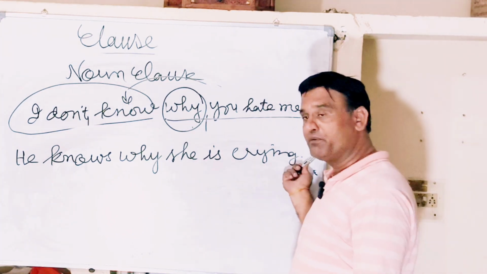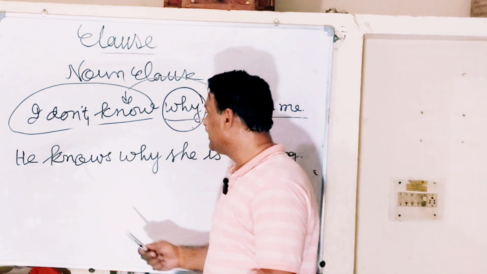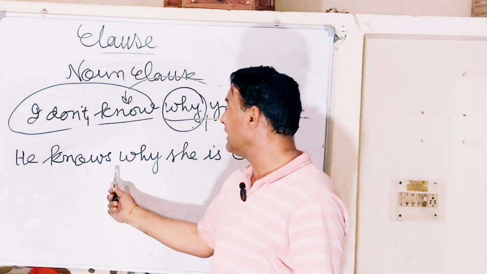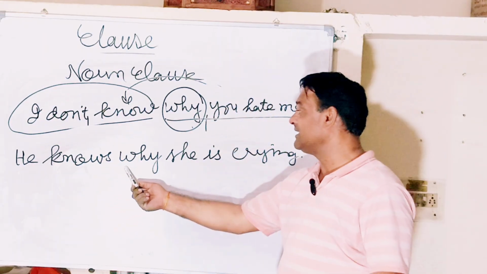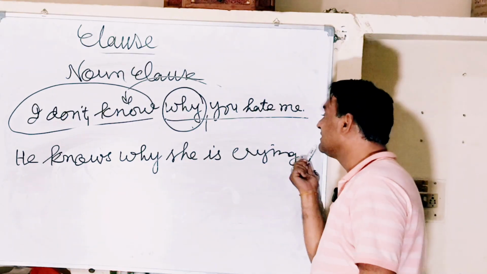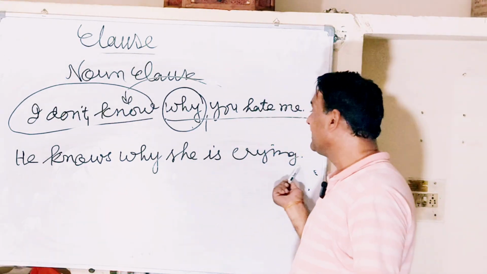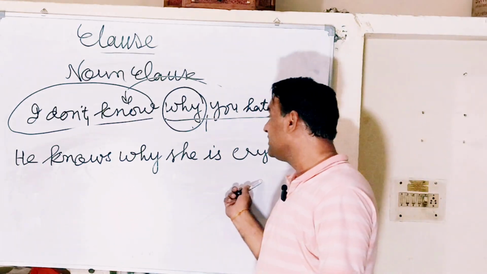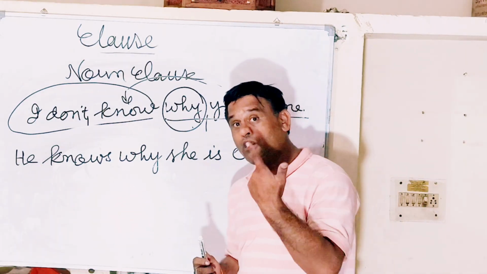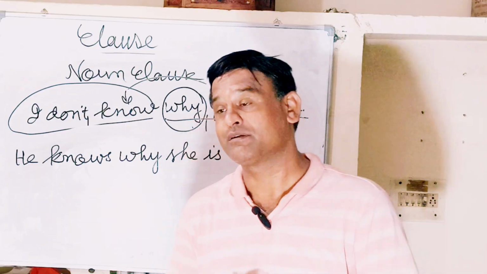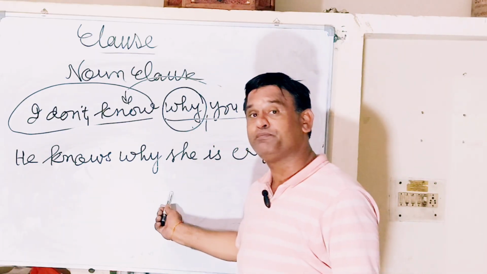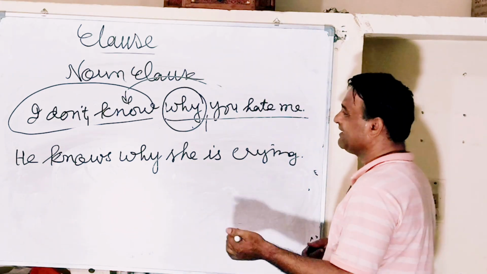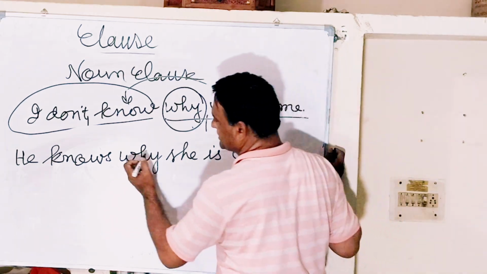No interrogative remark, because he knows. What does he know? वह क्या जानता है? Answer is why she is crying. He knows the reason of crying, and the reason that is expected to be a what? A noun clause. Noun. Answer is expected to be a noun. So it has to be done. Now next,